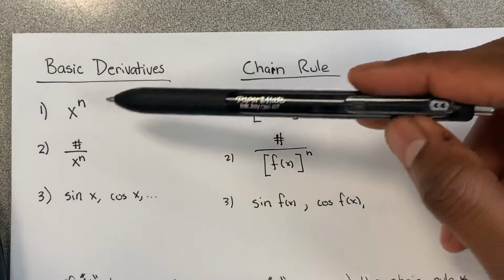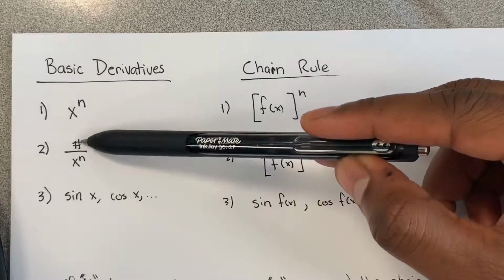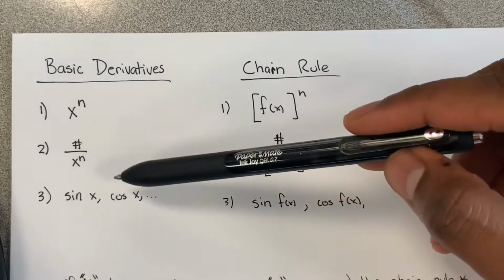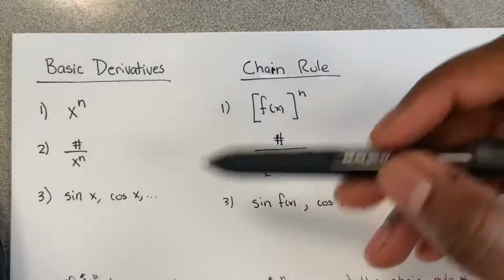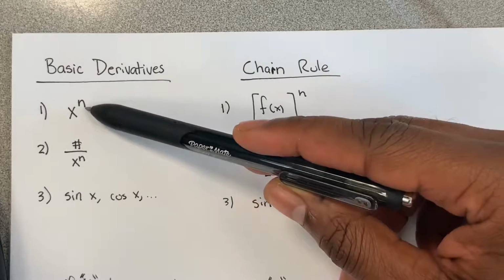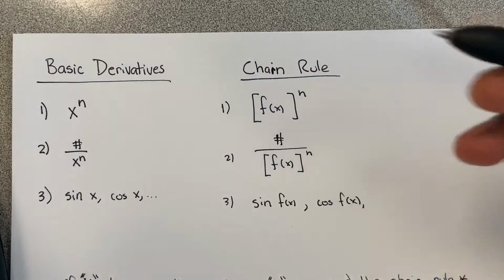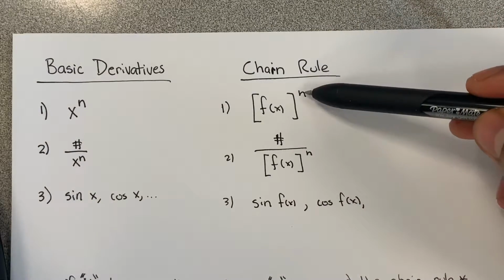So what we've done so far is the general power rule, where we have x to the n, some number over x to the n, and we've done basic trig functions like sine, cosine, tangent, and so forth. For all of those things, we've had essentially a single x to some power as the thing that we are deriving. The chain rule involves if we have, for instance, a function raised to a power,